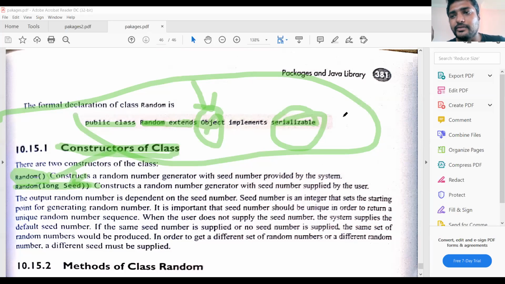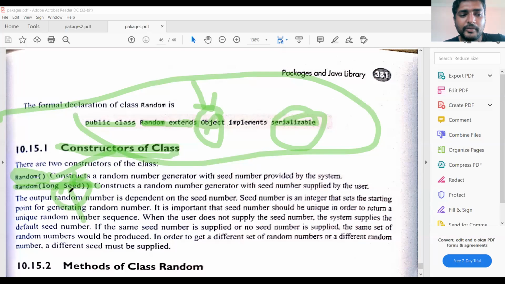We need some seed value, some logic. Suppose I give the seed value as 10, then 10 plus 5 mod 5, for i equal to 0 to 10. I want to generate 10 numbers, for suppose. So the initial seed value is 10. The value 10 is added with 1 and then the modulus function is applied. That is how some random numbers are generated. That is the initial value. So the random numbers are dependent on the seed value.